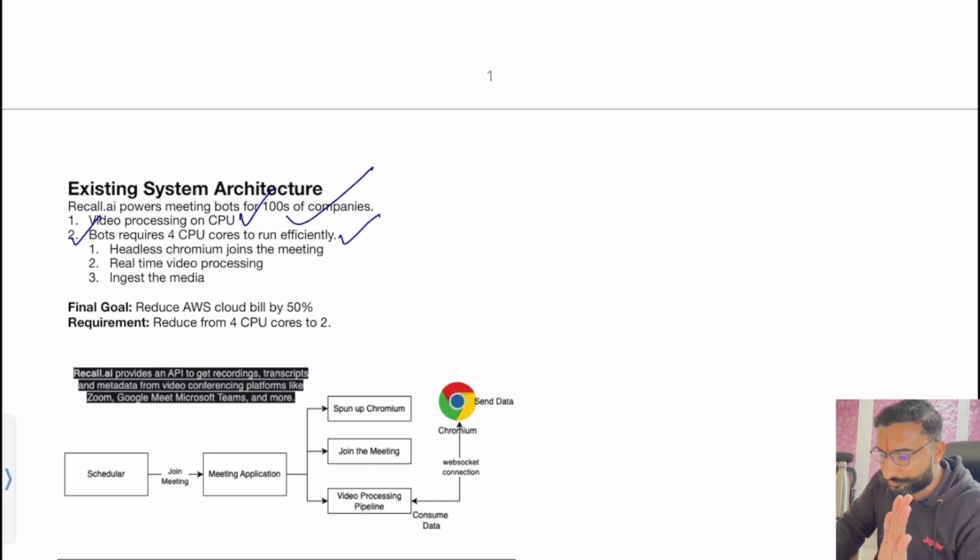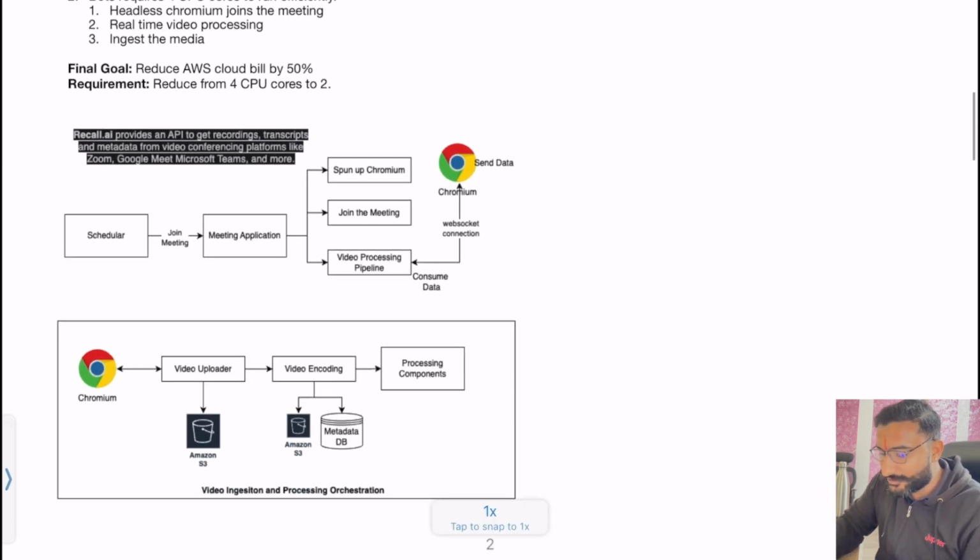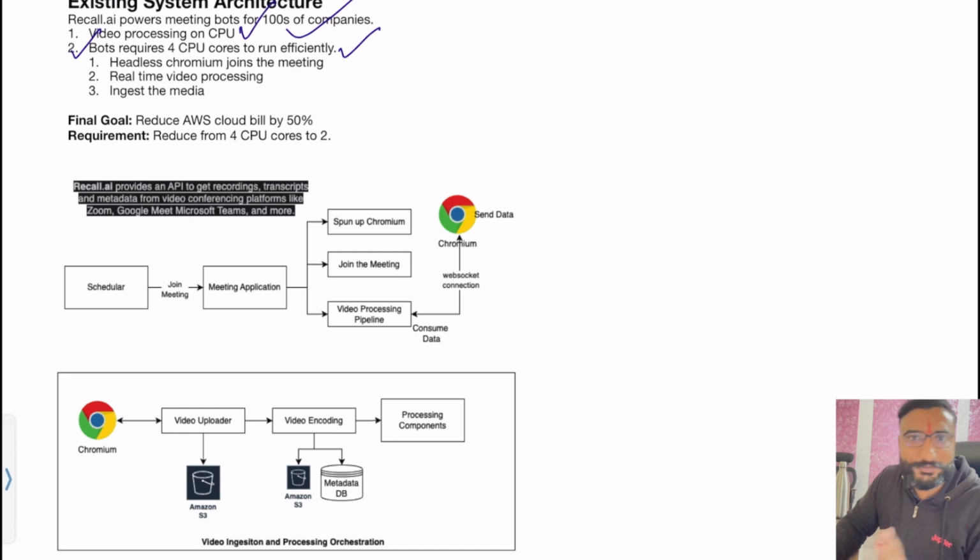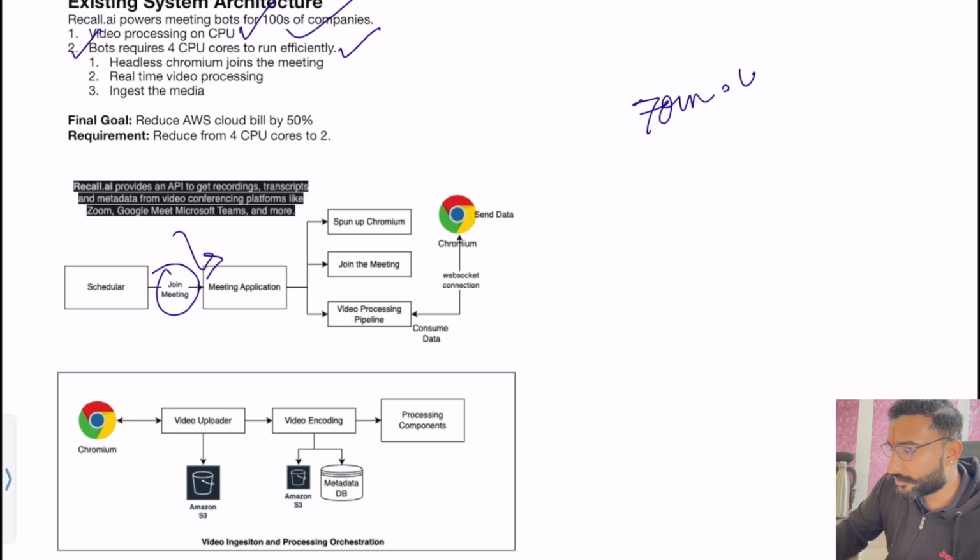Great. Now, this architecture which I have drawn with the help of Recall.ai was not available on the blog, so I just added it as per my understanding of how it could look. The architecture of Recall.ai can be totally different, but this is the basic gist, and you can see that it will be much similar to this. So the idea is you will have to join some meeting. How will you know? Let's say some meeting is happening on Zoom, and this is the meeting ID.